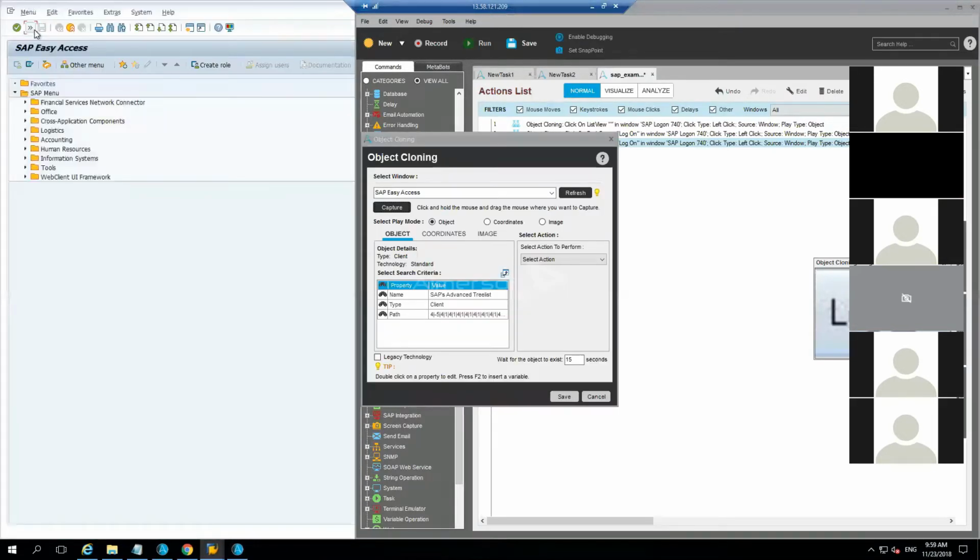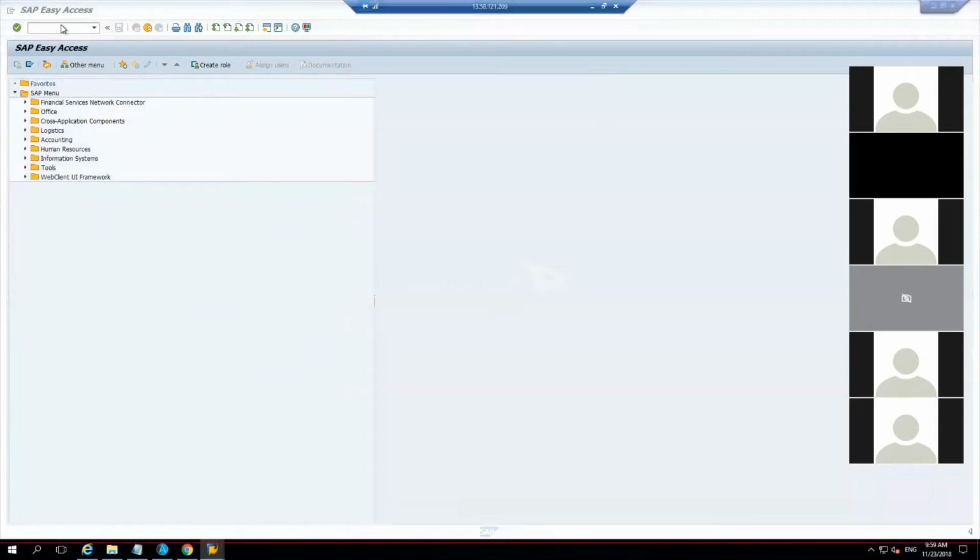So how do we navigate around this? Well, you've got a few options. You can actually access this bit up here with object cloning, and you come right into that user. You can also,